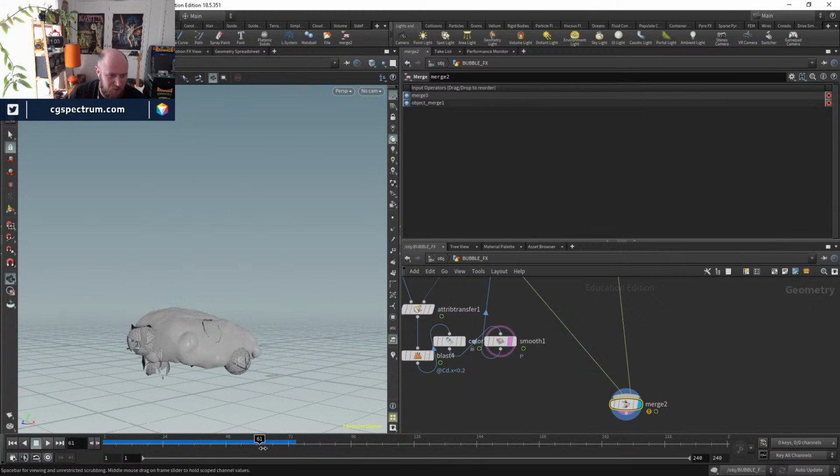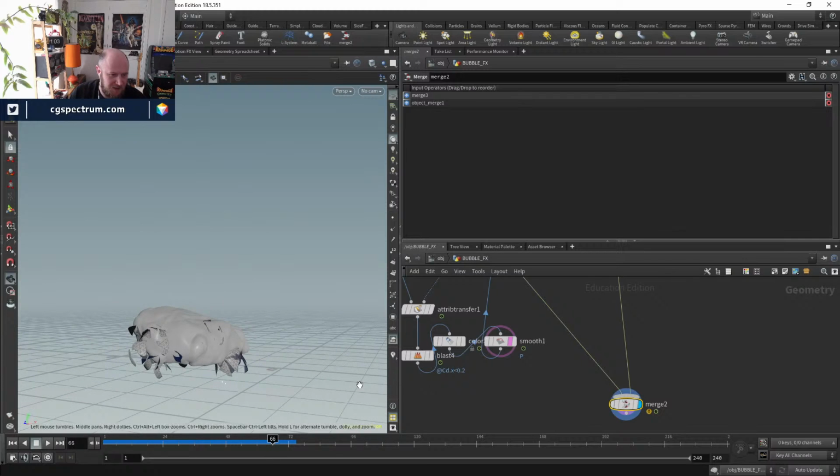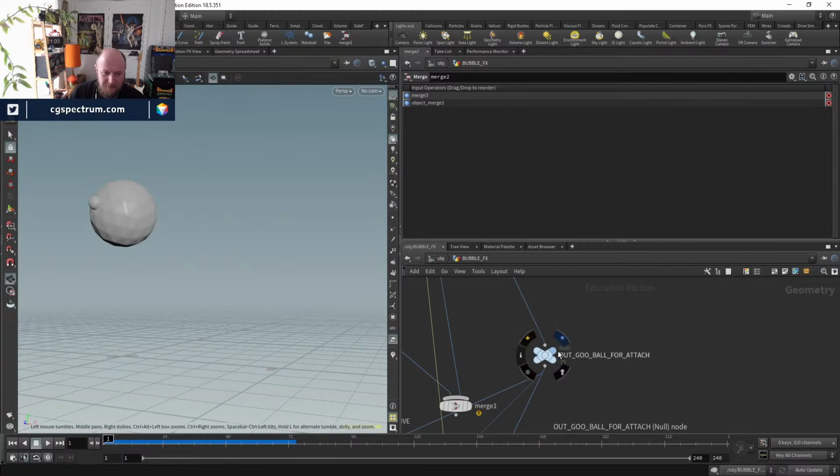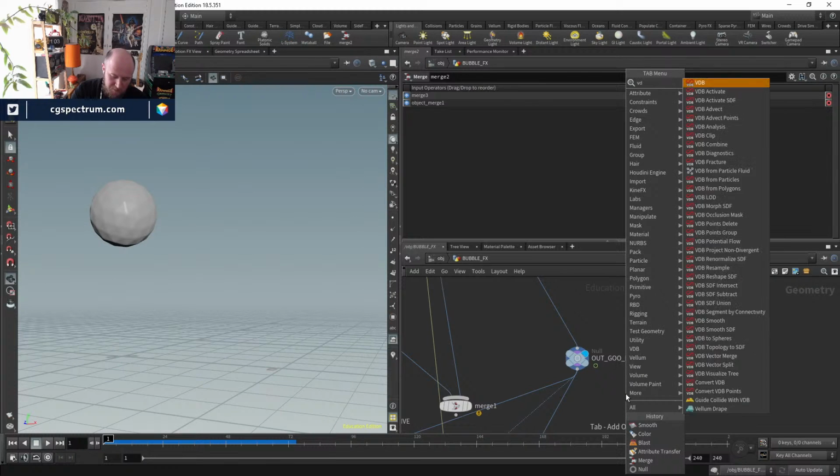So let's see. So I've got gravity on now. Now they're sort of falling down, which is kind of interesting. Let's also bring in this goo ball as the